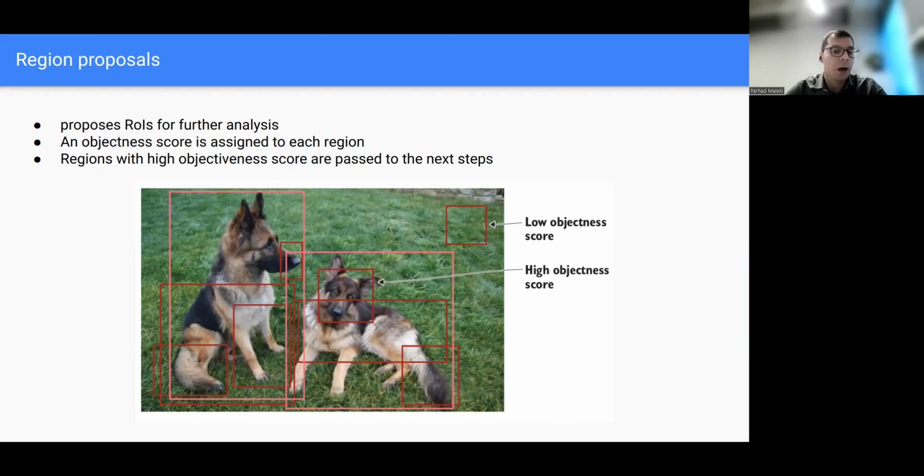Once again, we are interested in tight bounding boxes around objects. That's one component. We are interested to know what the object within this bounding box is, as well as we want to assign an objectness score to each bounding box. These are three concepts that we are interested in for an object detection problem. Okay, any questions so far?